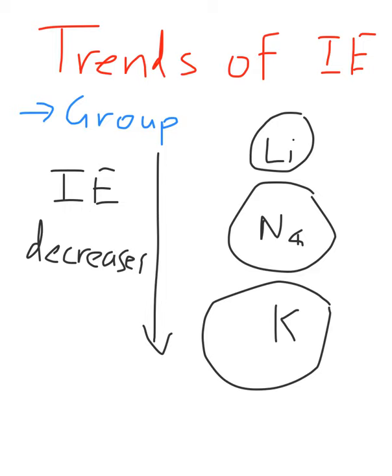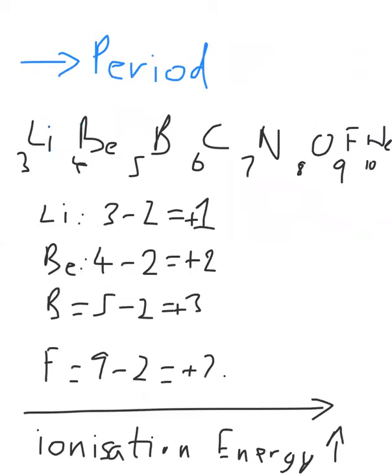However, in the period, as you go across the period, the number of screening electrons is the same. However, the number of protons is increasing, so the attraction of the nucleus to the valence electrons is increasing, which is why the valence shell is pulled inwards, which gives us this kind of a trend that the atomic radius